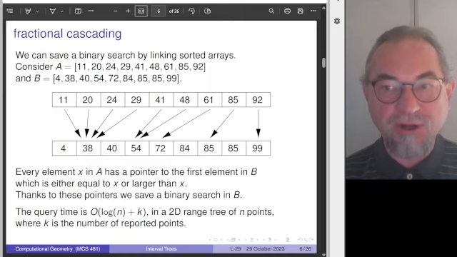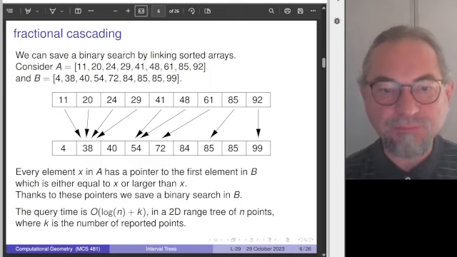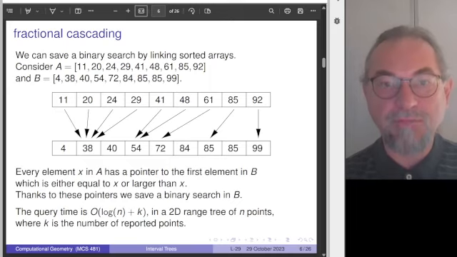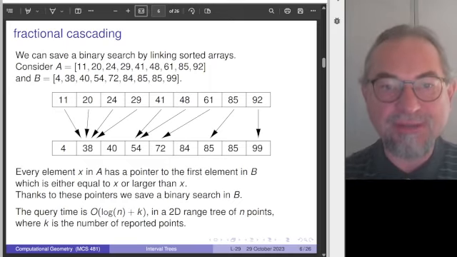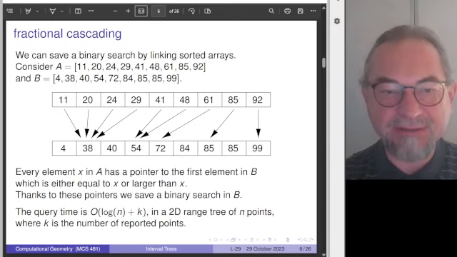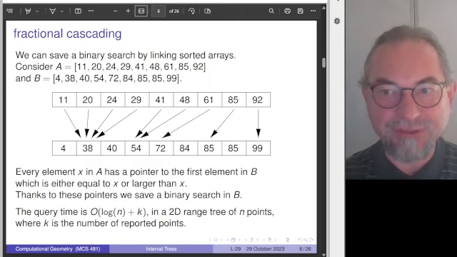We can reduce one of the log n factors with the technique of fractional cascading. So instead of having to do two binary searches, we can get by with one by linking sorted arrays. We have two sorted arrays here, A and B. If they are linked, then we can save one binary search. We addressed this earlier